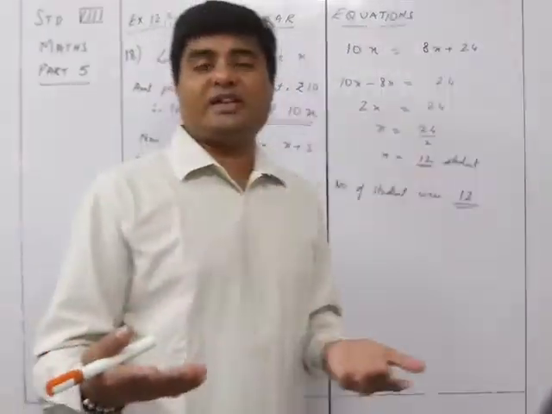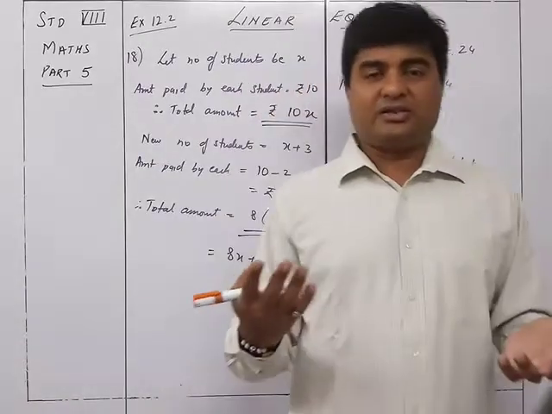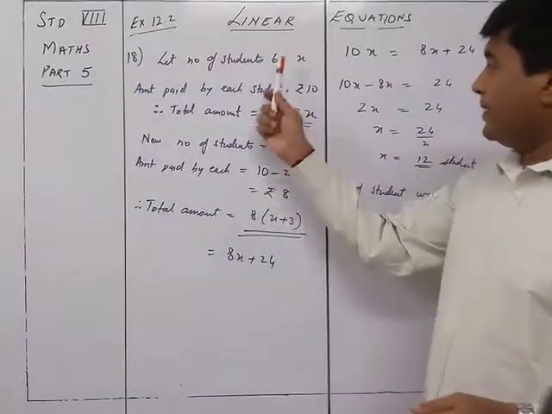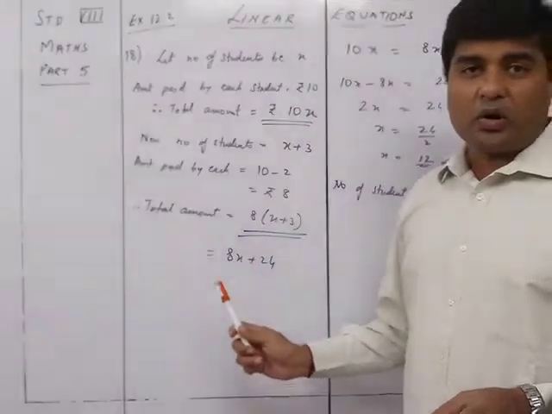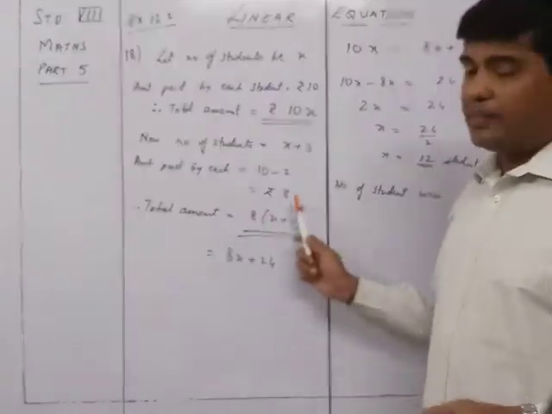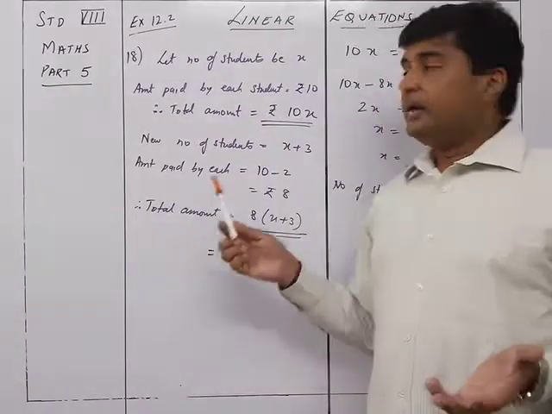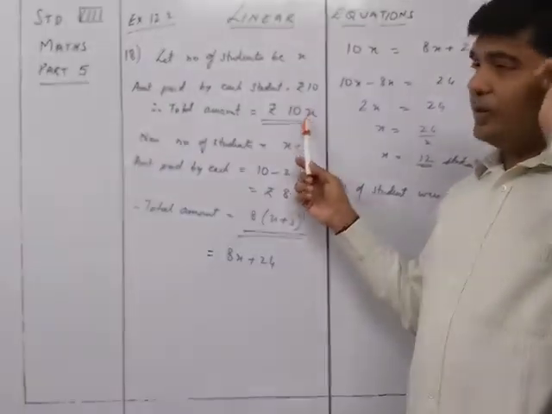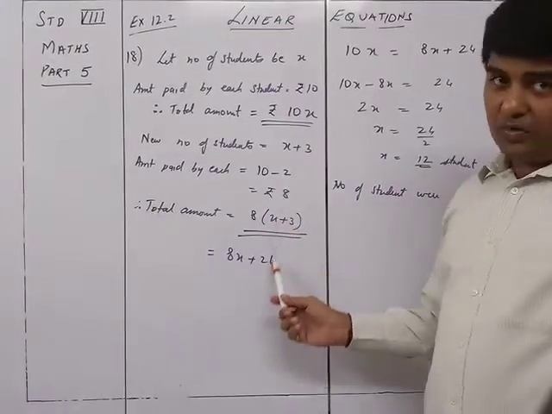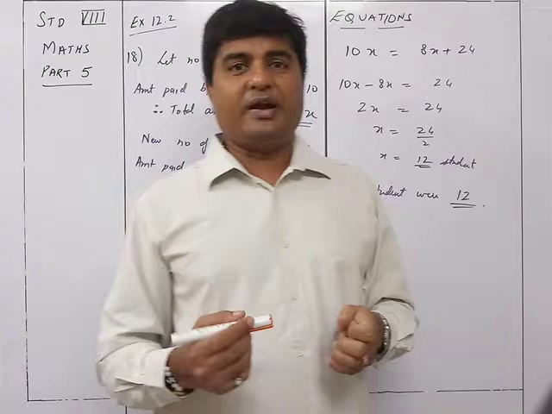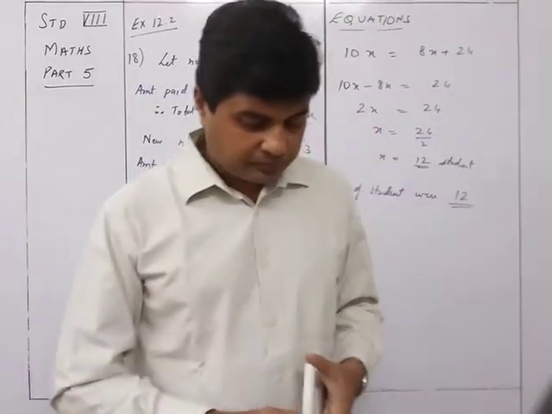I just cross-checked the answer. What I did was I cross-checked the answer, whether if I put the value of x as 12, I'm getting this particular thing proper or not. Whether this amount and this amount are coming to be the same or not. So I found out that it is the same, because in this case it is 10 into 12 is 120, whereas here it is 15 into 8 is 120. So both are 120. So the total amount they spent for renting the boat was 120 rupees.